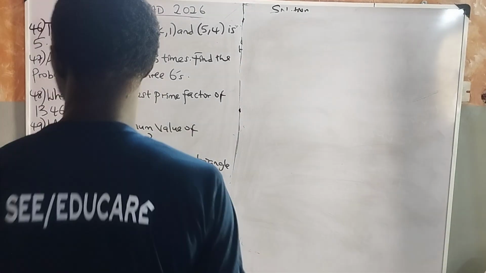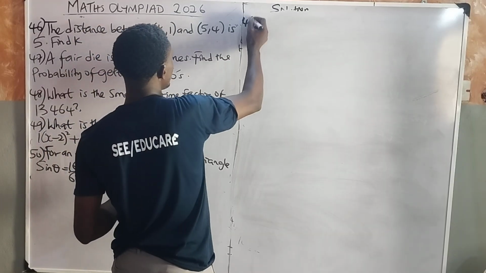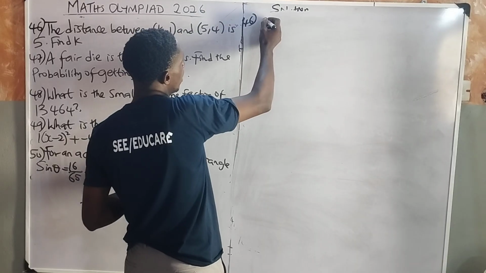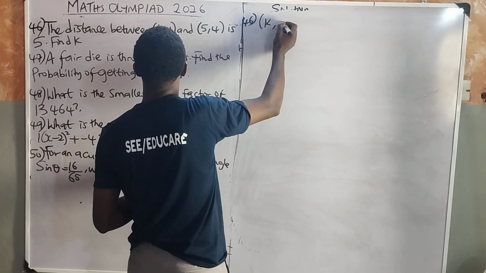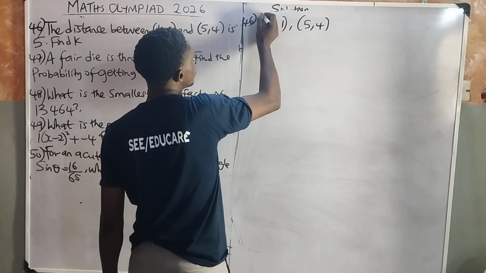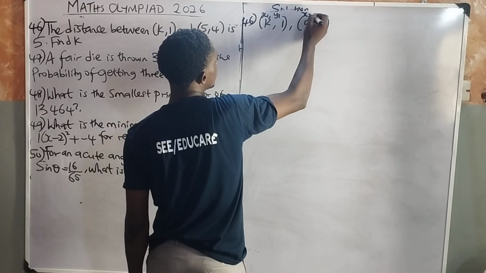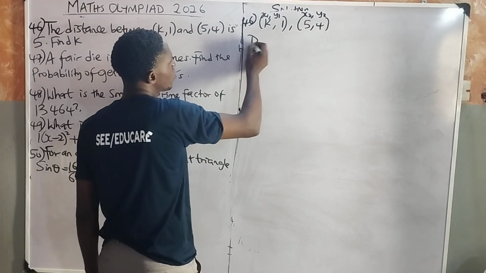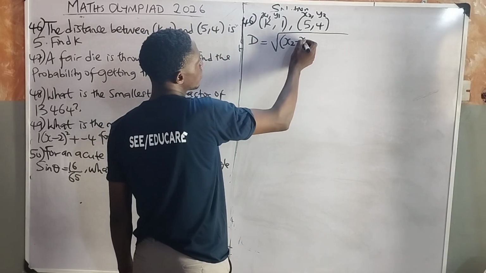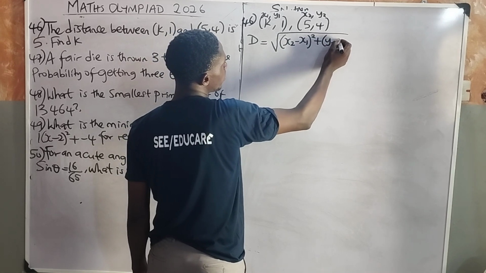So we are still going to continue from number 46. We have the distance between 2 points. First of all, let's list the point. This is K1. We have 5, 4. So let's call this one X1, Y1, X2, Y2. And the distance between 2 points is the square root of (X2 minus X1) all square plus (Y2 minus Y1)